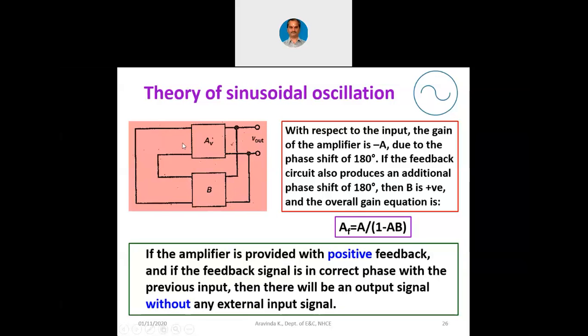If the amplifier is provided with positive feedback, the feedback circuit should produce an additional 180 degree phase shift. If we use a common emitter amplifier, it is going to produce a 180 degree phase shift, so we should have one more feedback circuit which will produce an additional 180 degree phase shift. As usual, we always use common emitter because of its better performance. That is why we keep giving the example that the amplifier's phase shift is 180 degree, and the feedback circuit also has to produce a phase shift of 180 degree. So if the feedback signal is in correct phase with the previous input, then there will be an output signal without any